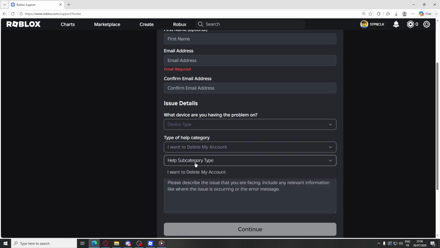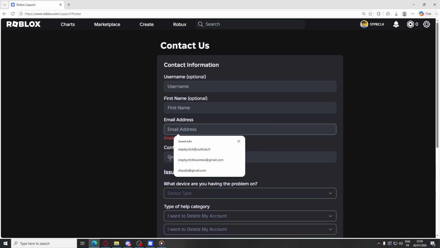Roblox support will email you within a few days to confirm and may ask you to verify account ownership before